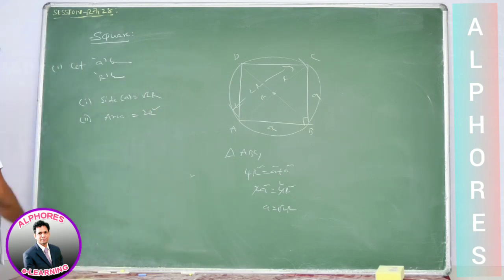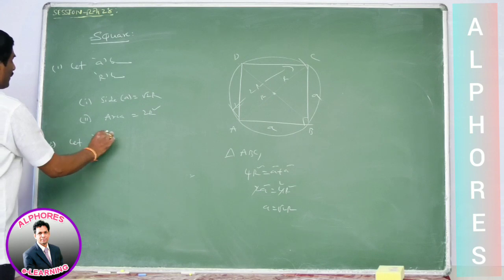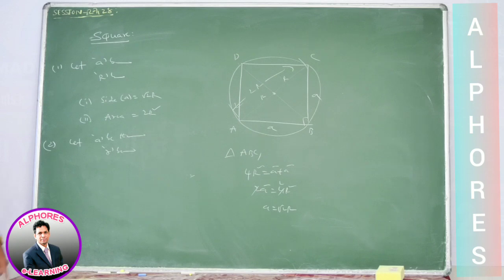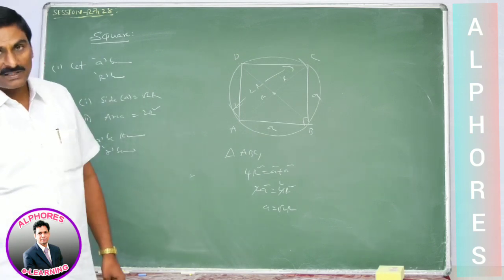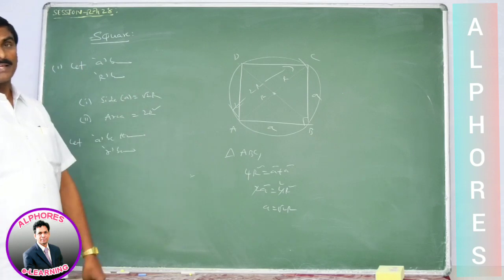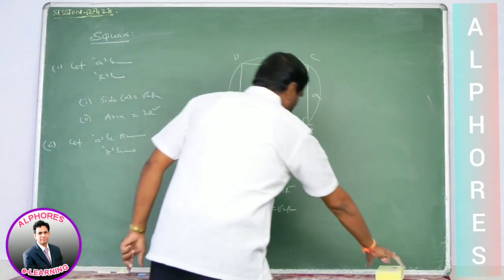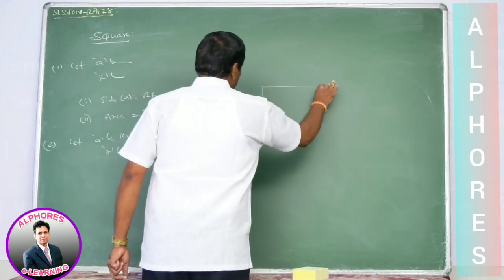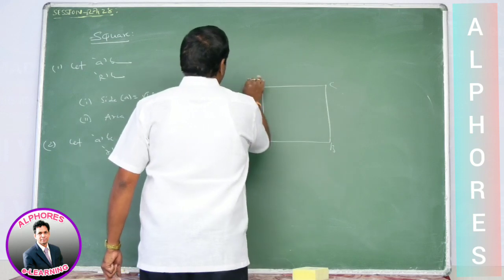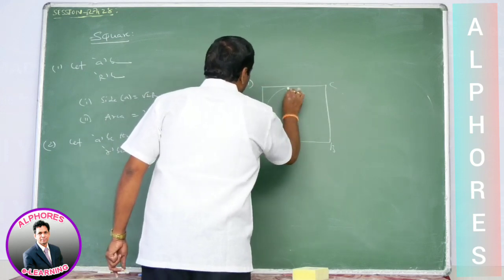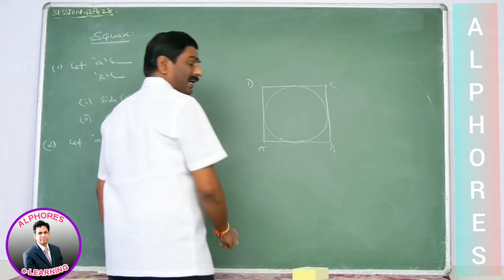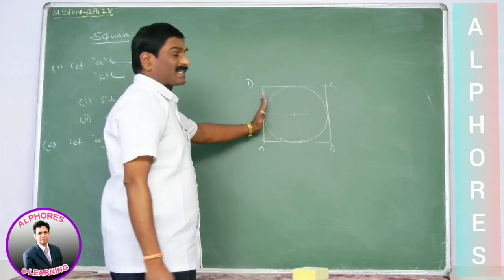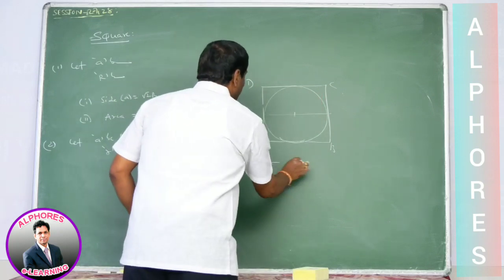Okay. Next, second point. Let a be the side of the square and small r be the inradius, the incircle radius. Radius of the incircle inscribed in a square. Then what is the relation between small r and side a? Suppose it is the square ABCD. The circle is inscribed in this square. It is the circle. The circle is inscribed in the square, so this is the diameter. Diameter is the side of the square.